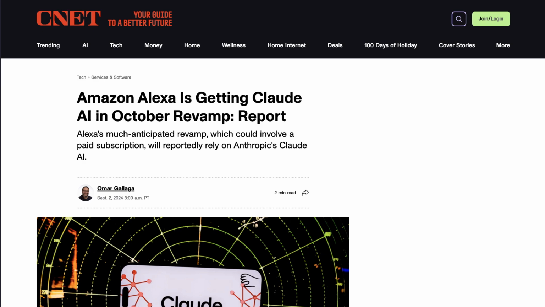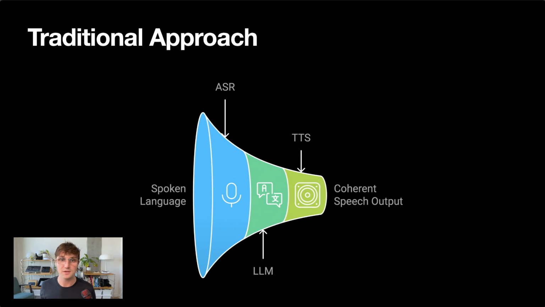And indeed, it sounds like Amazon is actually working on adding an LLM to Alexa to make it more conversational, but that doesn't seem to be released yet. It's also definitely possible to build this type of pipeline on your own with an LLM in the middle, but there is one problem with using an API like the OpenAI API or Anthropic API with a model like GPT-4o or Haiku. And the problem here is that even though you have the much better conversational ability, you still struggle